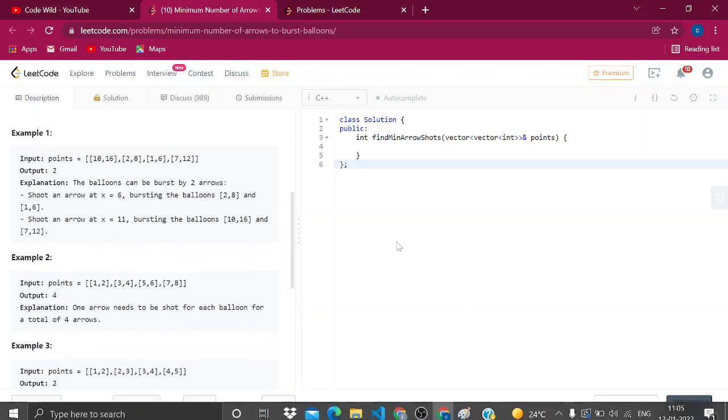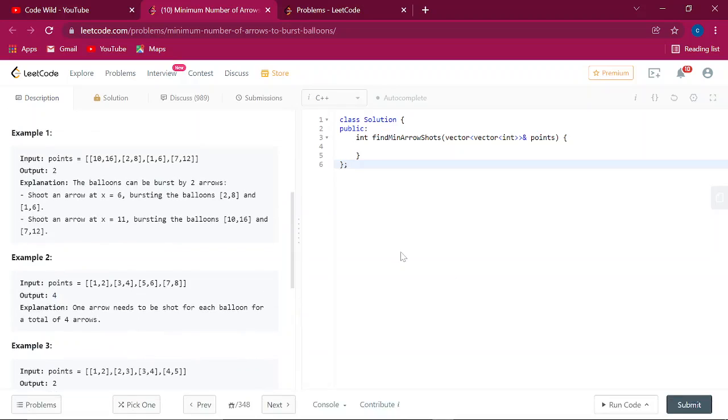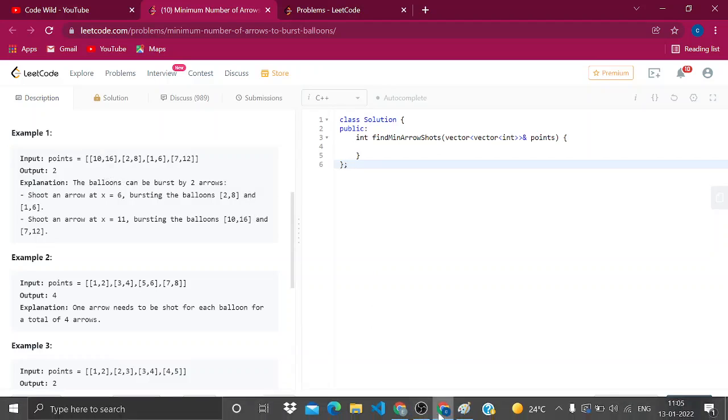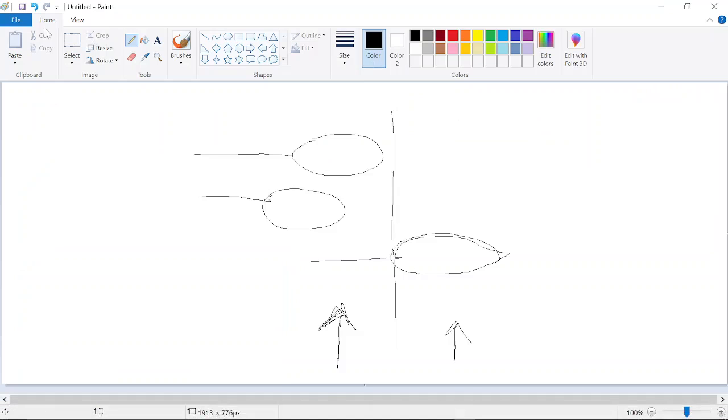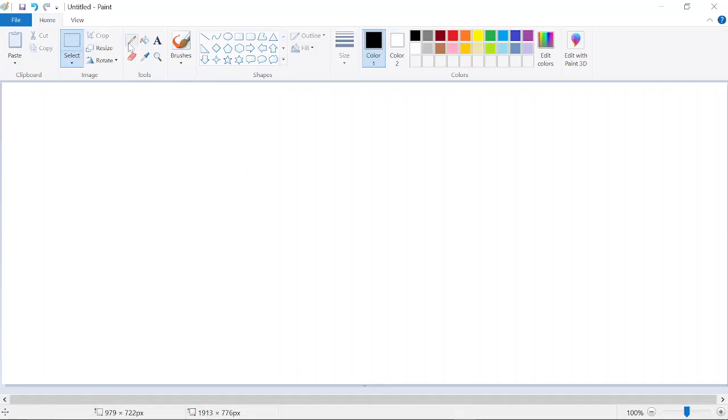So what we have to do first: this is not in order, right? This is at a somewhat different angle. The first thing we have to do is arrange the balloons in such a way that they are sorted.